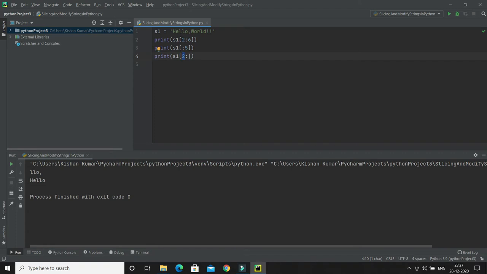It will take characters from position number 2, that is 0, 1, 2 from here, and bring everything to the end of the string. Let me show you. Here you can see that it started from index number 2 till the end. So that's how slice to end works in Python.